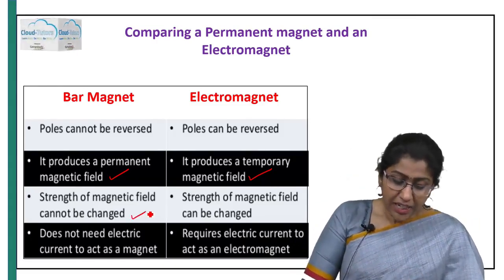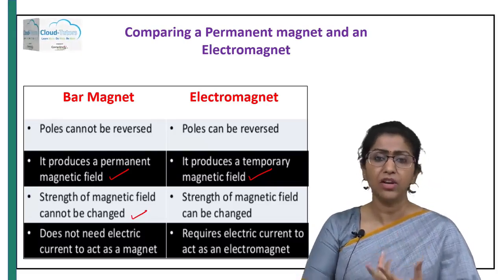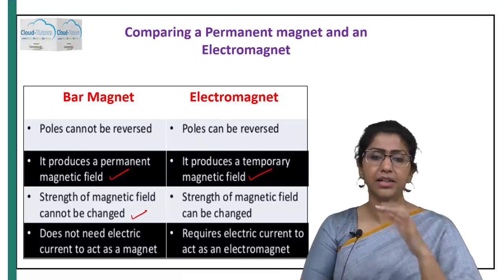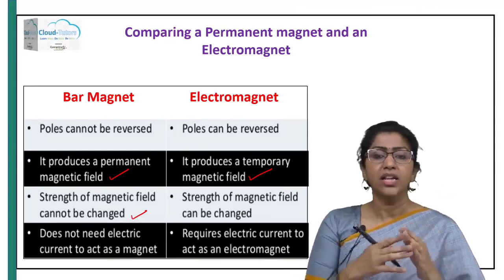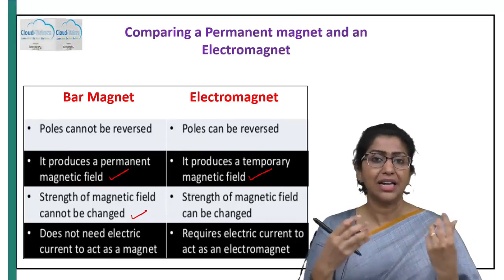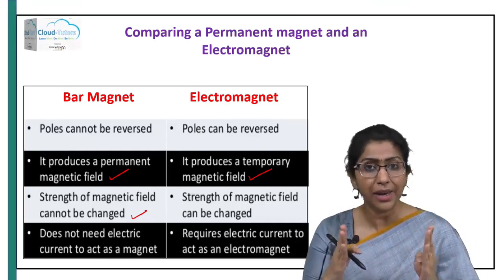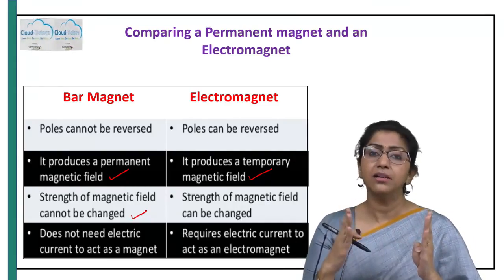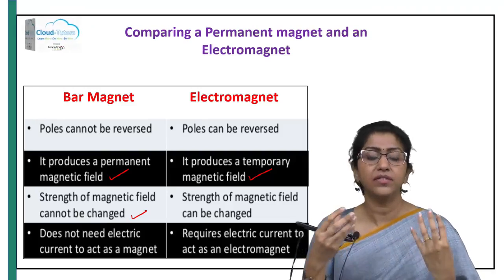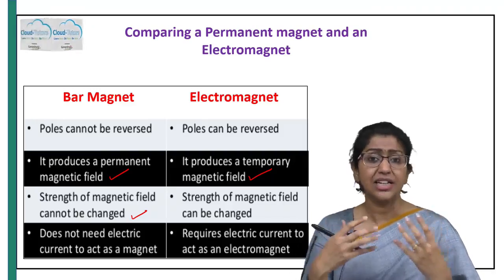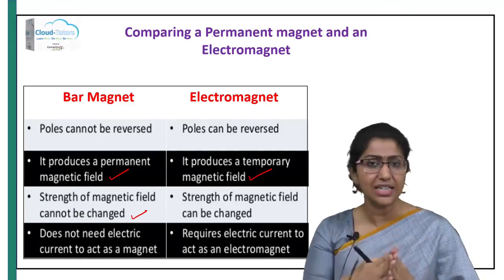Another thing is, strength of the permanent magnet cannot be varied, because a permanent magnet is a bar magnet and it is what it is. The strength of the bar magnet depends on the nature of it and how it is made, and few other factors. But once the bar magnet is made, once the given magnet has a particular amount of magnetic field strength, it cannot be varied. Whereas in electromagnet, it is a very easy task to do.